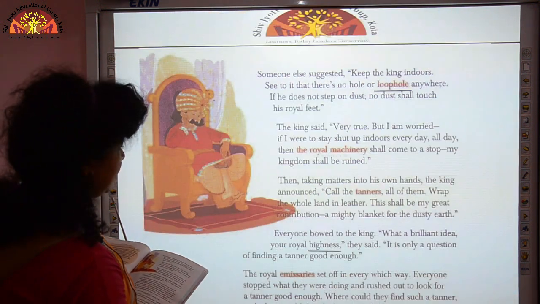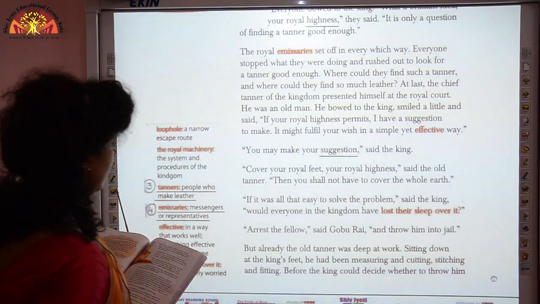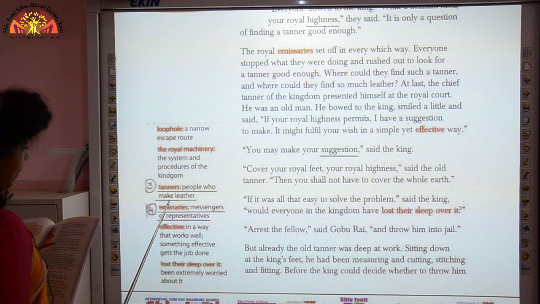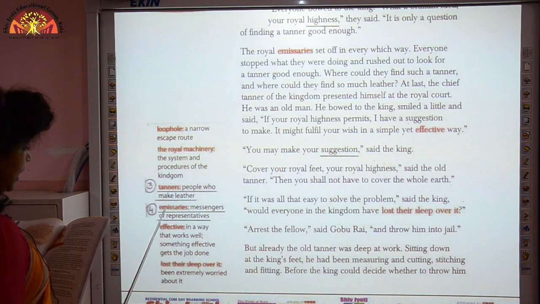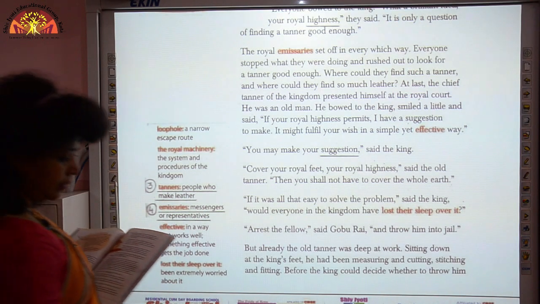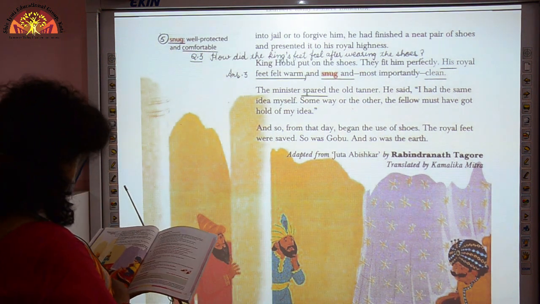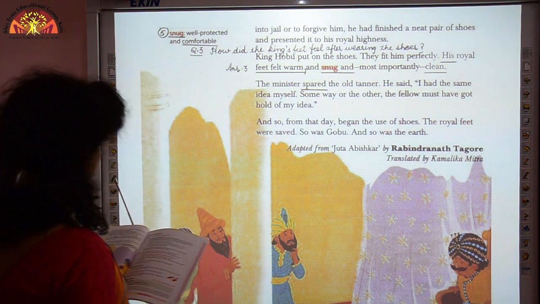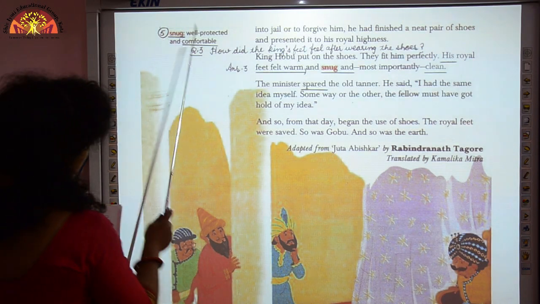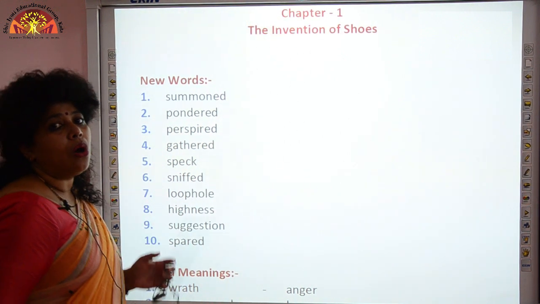Please come to page number 3, children. Come to page number 3, and your third word meaning is tanners. Who are tanners? These are people who make leather. And your fourth word meaning is emissaries, which means messengers or representatives. And please come to page number 4, and we'll come to the last word meaning, snug. Snug means comfortable. Then you write the chapter 1, the invention of shoes, and draw the red margins at